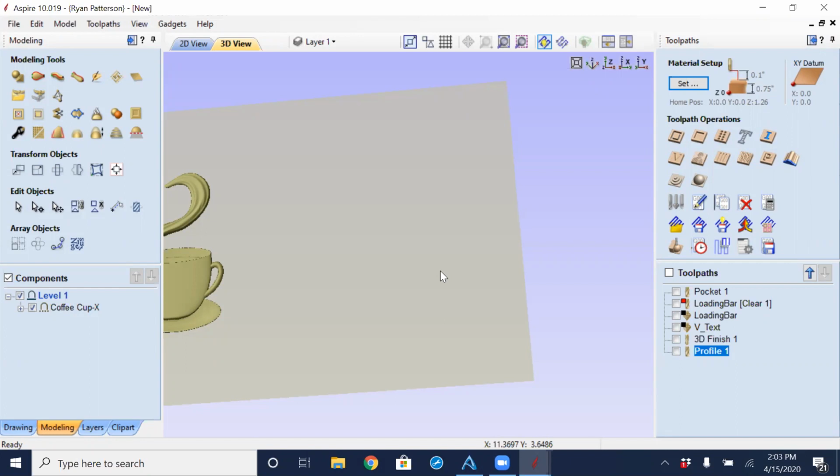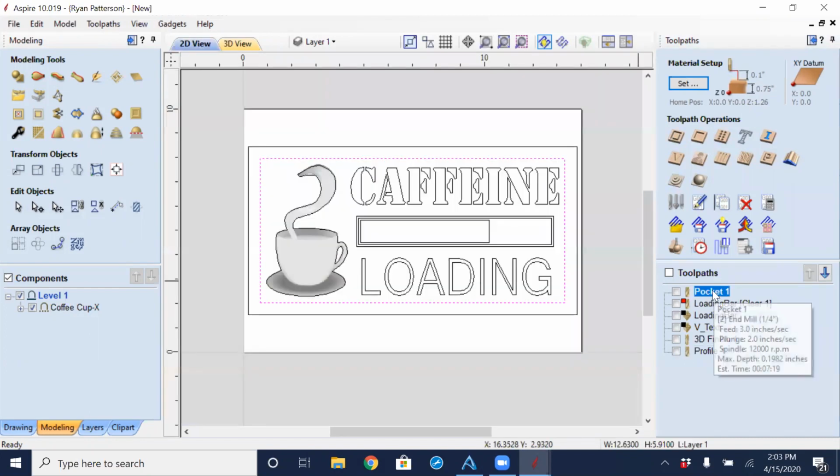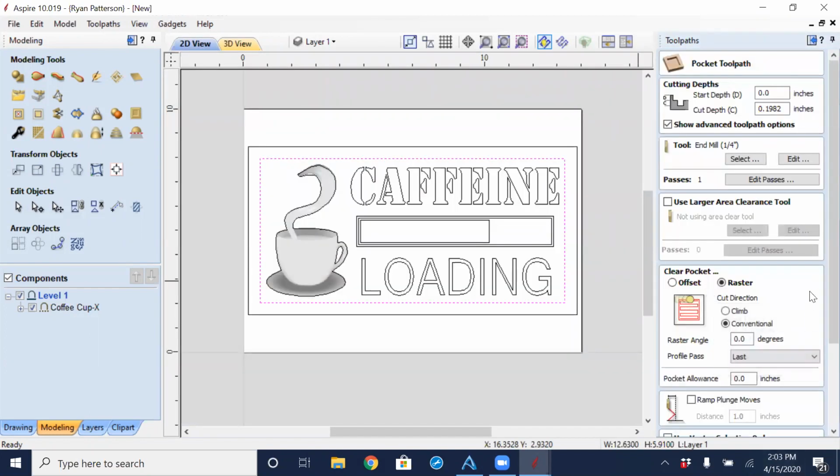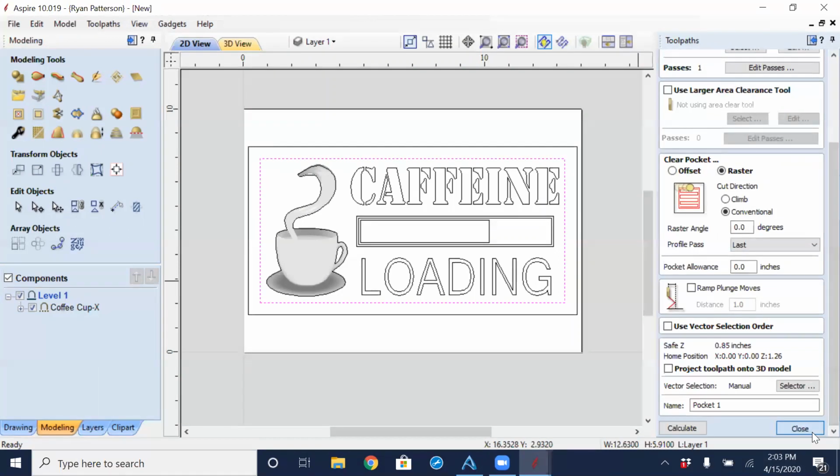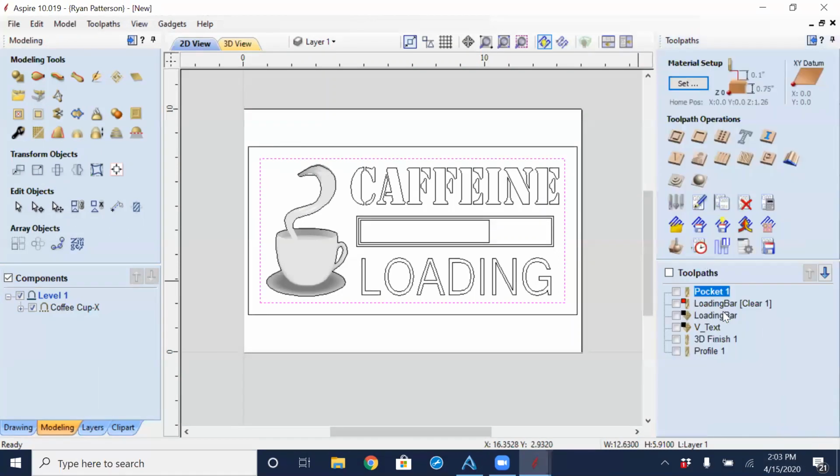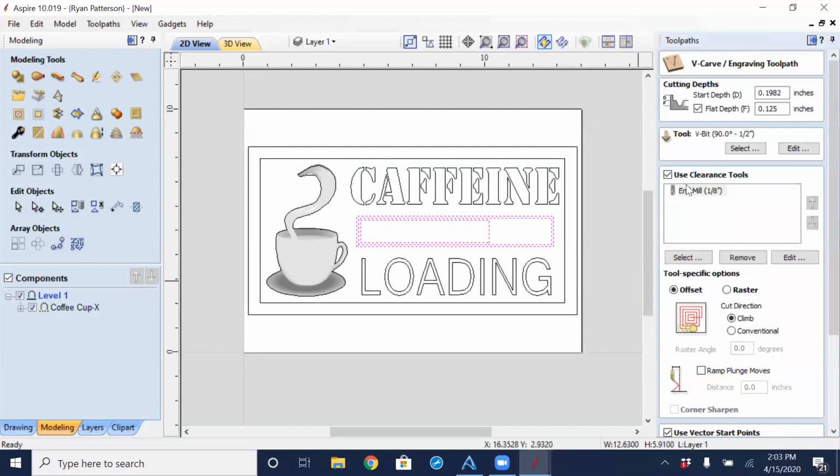One point, Joe, in the pocketing tool, I know you have the option to pick two different tools, like a larger bit and a 1/4 inch, and then an 1/8 inch to do the detail. I believe you said you could pick more than one tool, more than two tools. Did I? Yes, that is a feature of Aspire 10 and VCarve Pro 10,